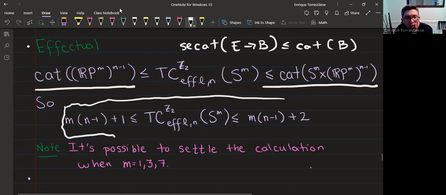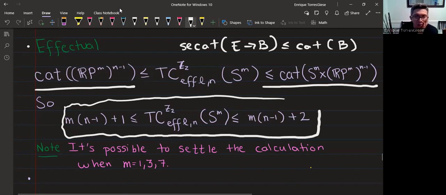So with that information, we have this result here. So notice, these are telling us that we almost have the calculation of the effectual TC of the m-dimensional sphere. Now, it turns out that it's possible to settle the calculation when m is equal to 1, 3, and 7, which could be suggesting, so those are the cases when the sphere is parallelizable, which again, this could be suggesting that potentially, and this is just a conjecture, kind of like a wild conjecture,